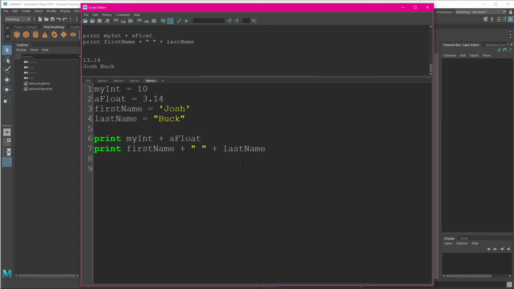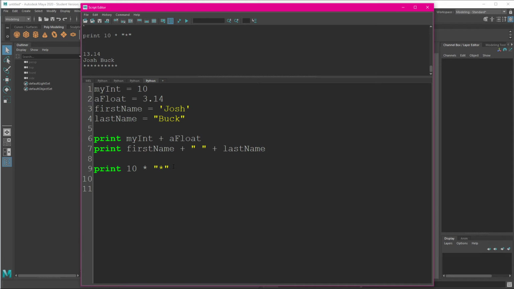We can do things like this. We can use some multipliers for this as well. We could print, apologize again for my super clacky keyboard, print 10 times, let's put a little string in here like that. And we get that.